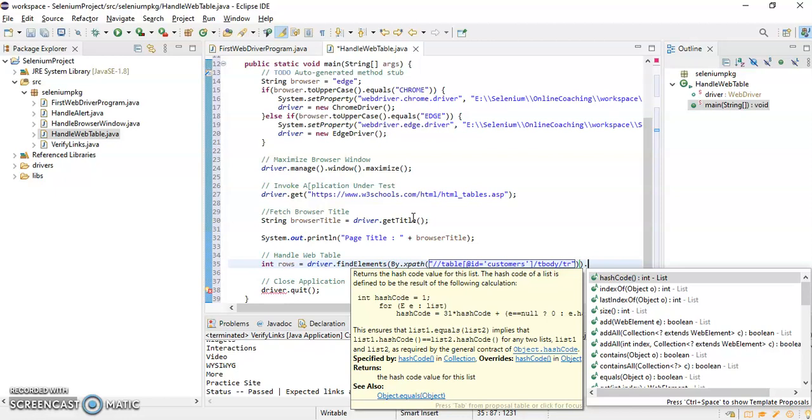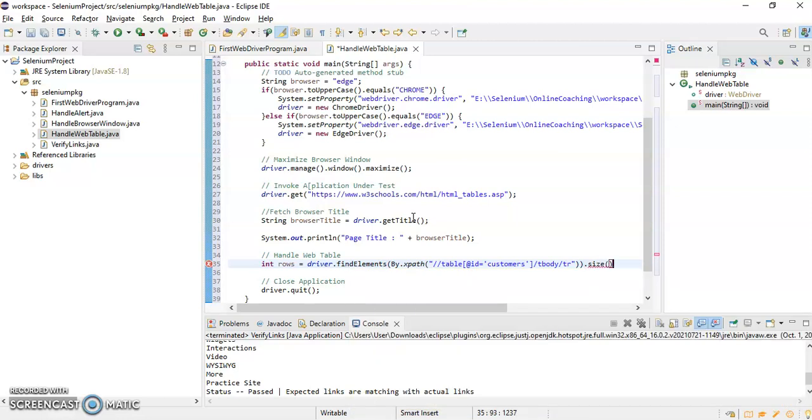Or how many rows are there. So we have one method called as size. This will return you the number of web elements.